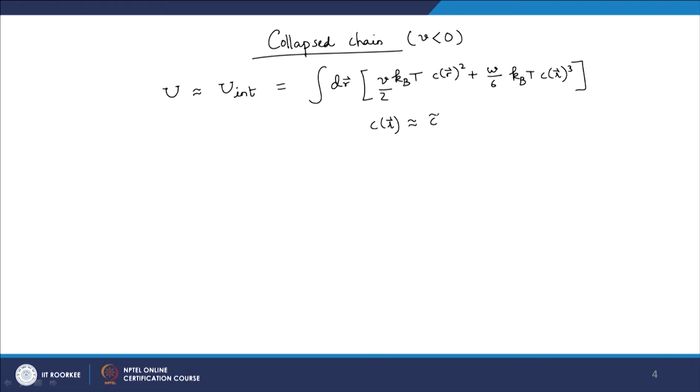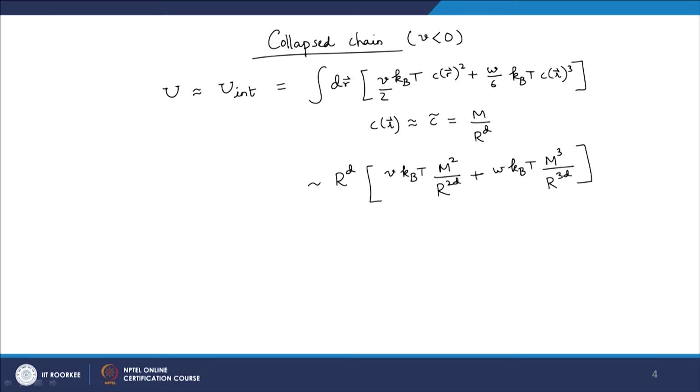Again we make an approximation that C of R is uniform and is equal to m by R to the power d, just like we did for the previous case, and we will be having, I will replace by the scaling relation and drop the coefficients. Which gives me